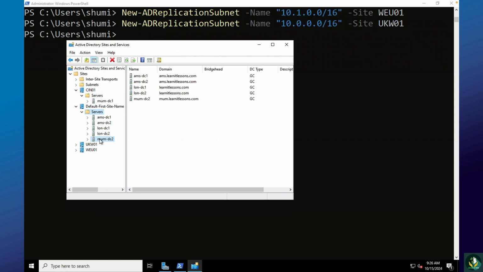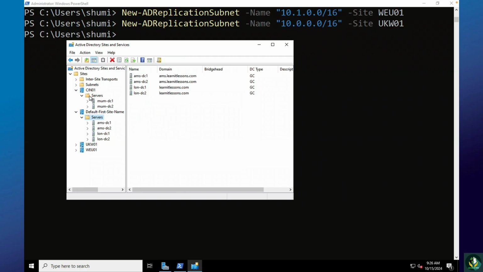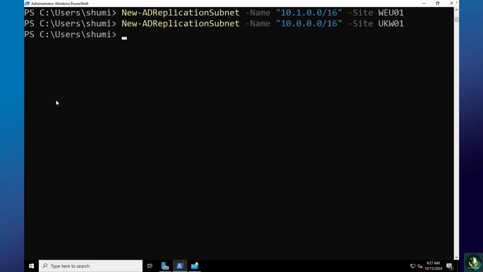And we'll do the same for mumdc2. We'll click move, select Central India 01. Now our Central India site object is populated with two servers, mumdc1 and mumdc2. Let's try to move the servers with the help of PowerShell. For this we've got a command